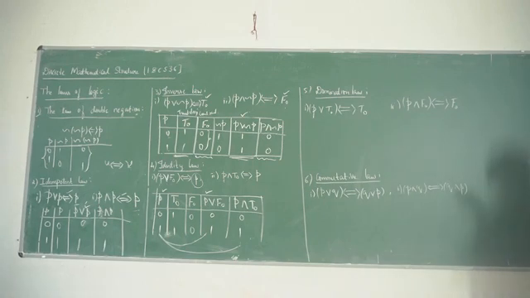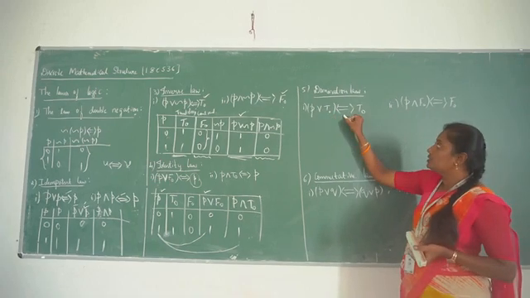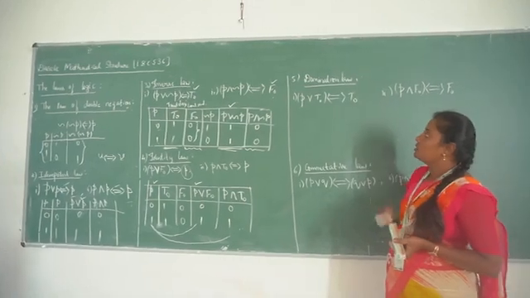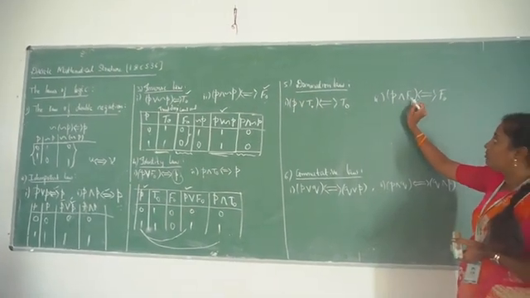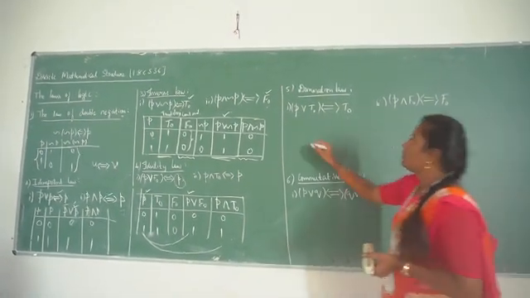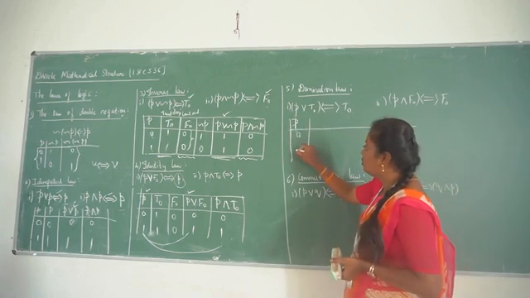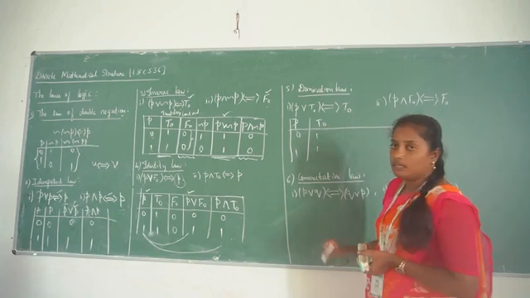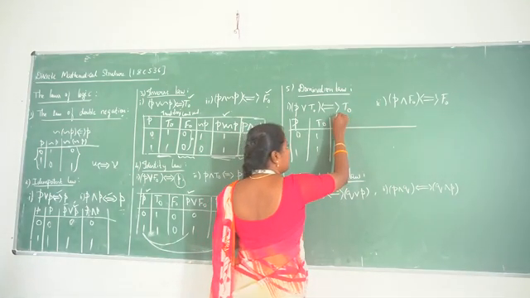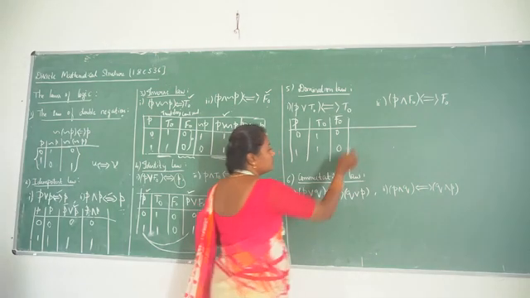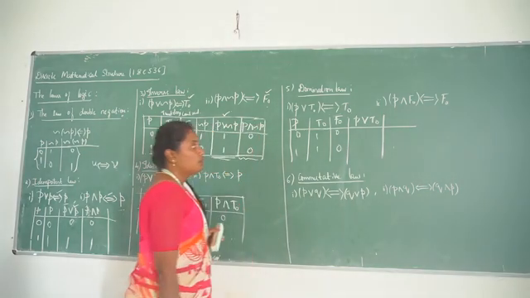So the domination law statement is: the value of P or T naught is logically equivalent with T naught, that is the tautology value. Again, the conjunction of P and F naught is the same as F naught values. Again proving it using a truth table. P values are 0, 1, T naught values are 1, 1, F naught values are 0, 0. So then next we have to take P or T naught,